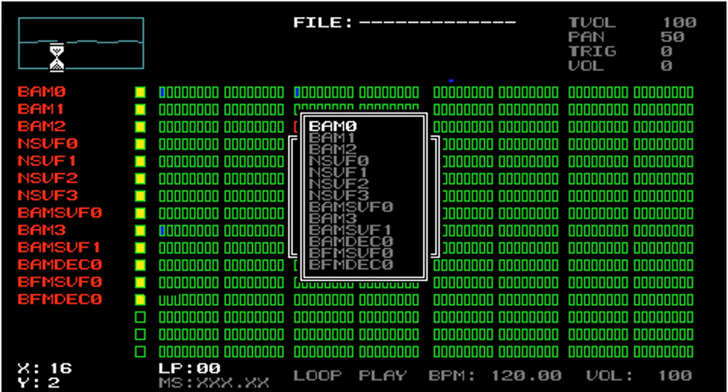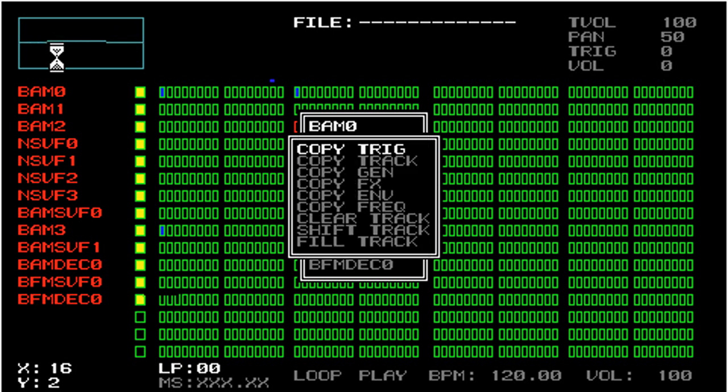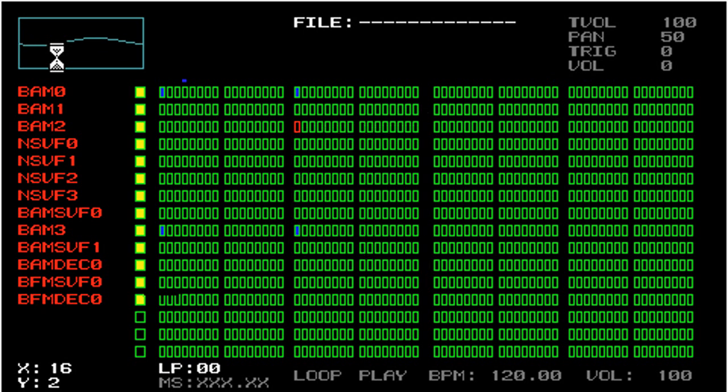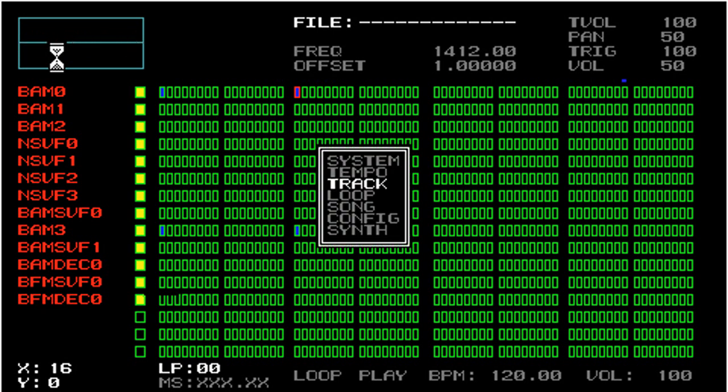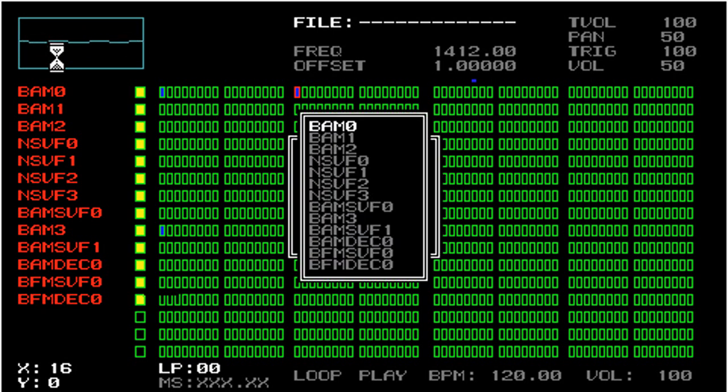Okay, so the next one is clear track. So I'm going to go back, and the way I'm going back is by pushing left on the D-pad. Actually, let me exit first, and now I'm selecting the first track as the active track, BAM 0. If I hit start, go to track and select clear track, now I can access any track, and this will remove all of the triggered hits,